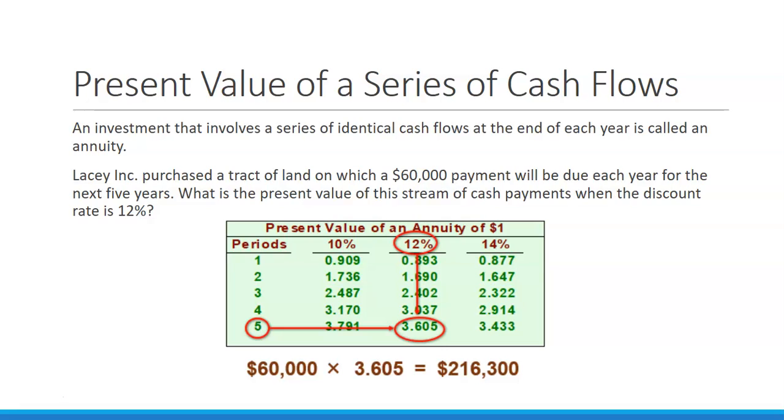The present value of this stream of cash payments at a discount rate of 12%. So we go to the present value of annuity of 1, and we look for 5 years because that's how long it's good for, and 12%, and we get a factor of 3.605. We take that amount, 60,000 times 3.605, and that tells us the value of 5 cash payments of $60,000 today is